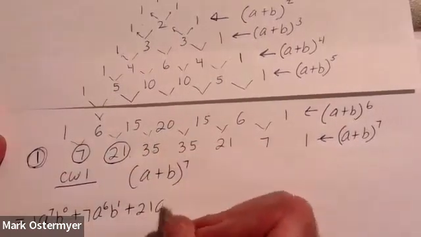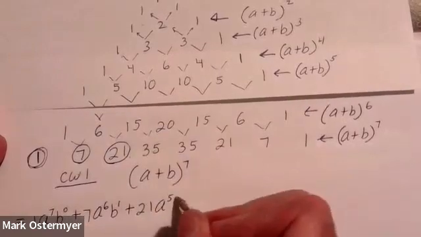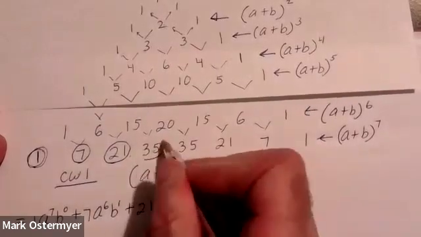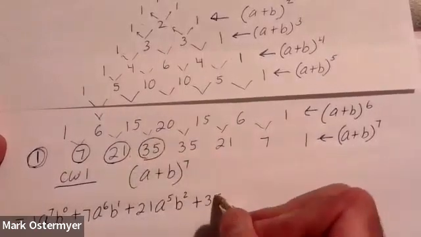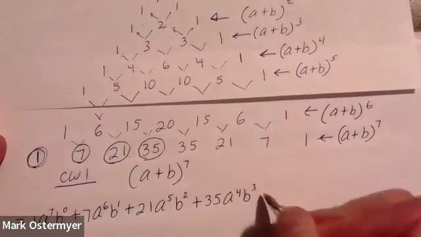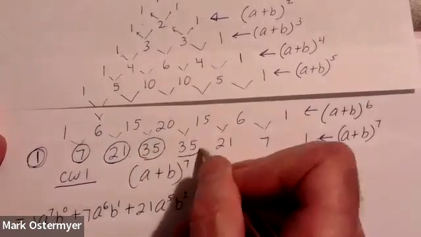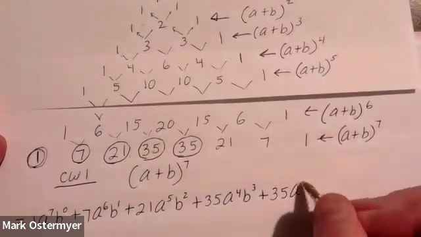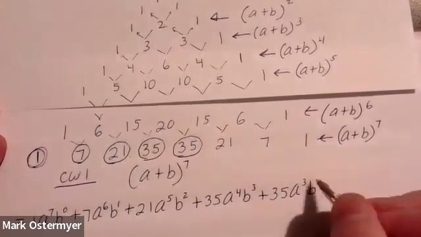A's power decreases down to the 5th power, b's power increases to the 2nd power, plus 35 is the next coefficient, times a to the 4th power times b to the 3rd power, plus the next coefficient is 35, times a to the 3rd power, b to the 4th power,